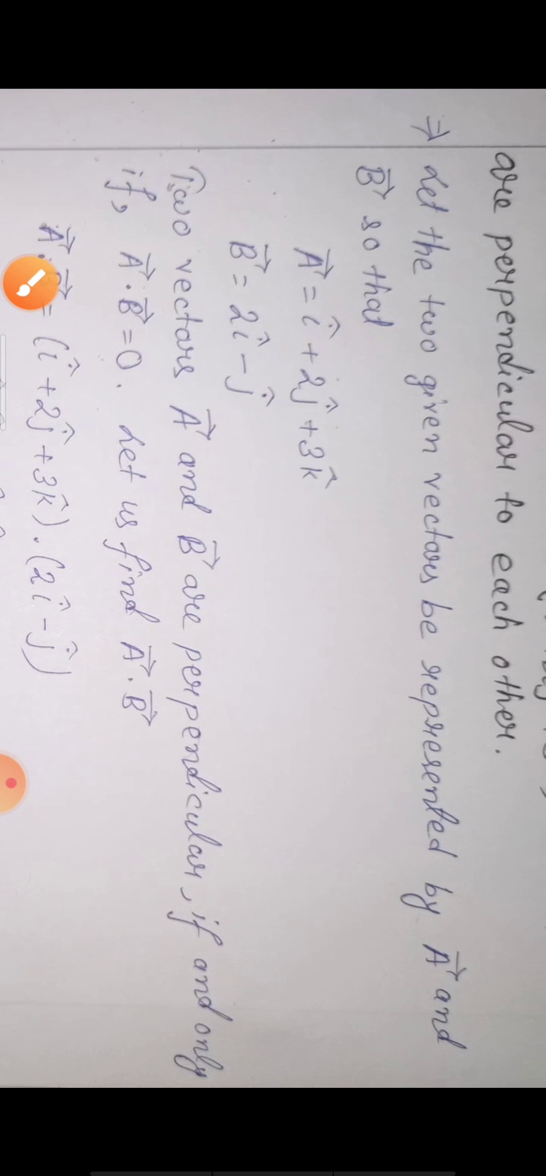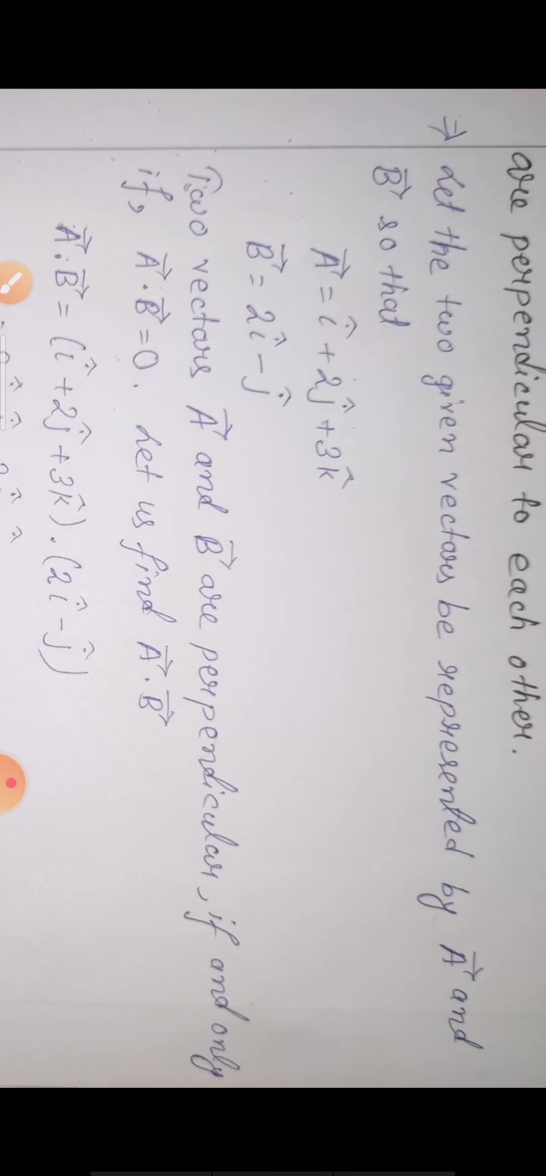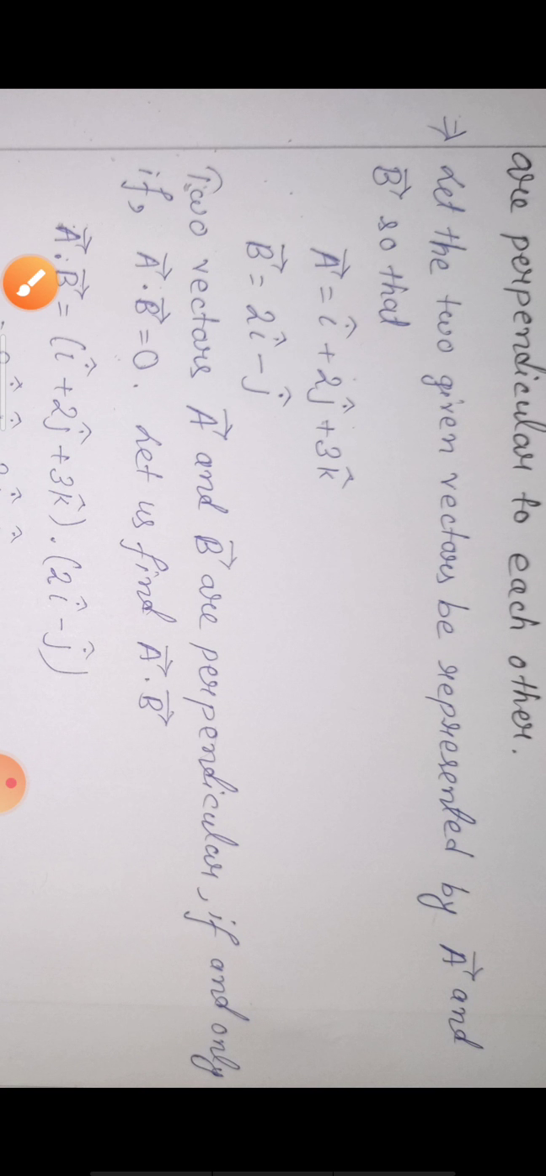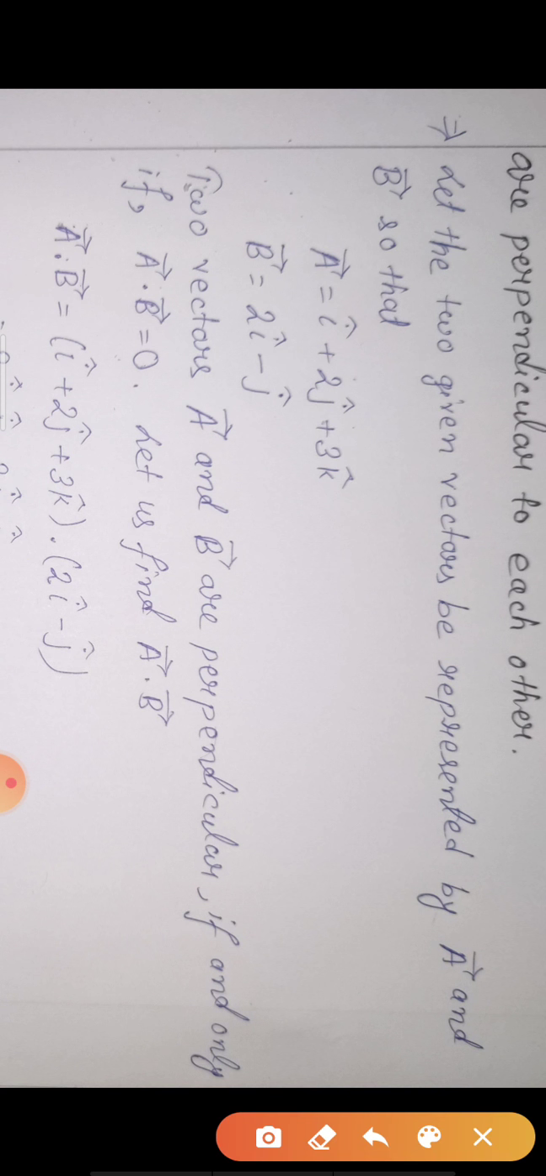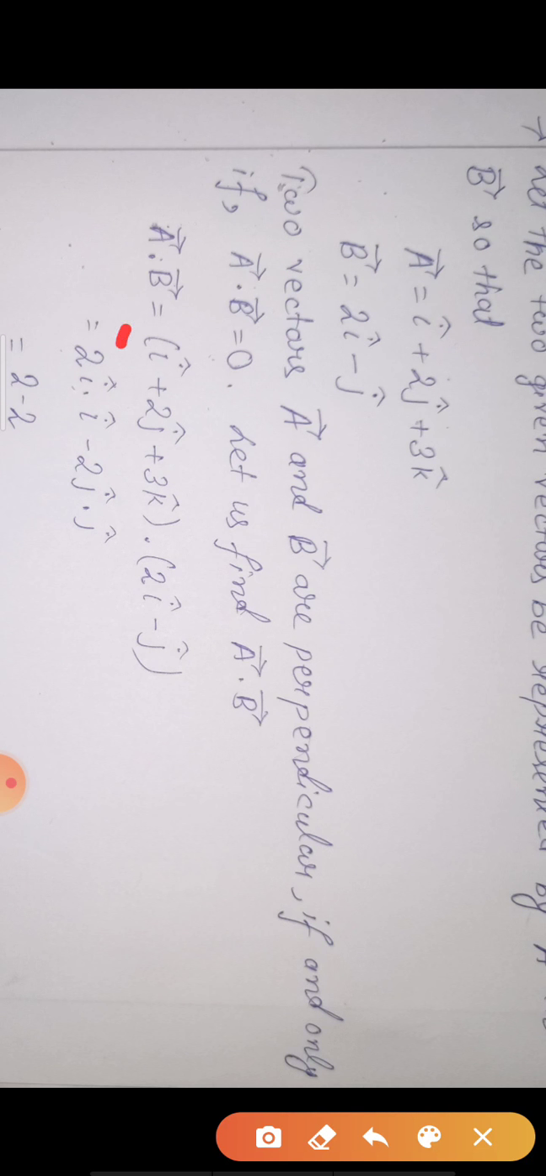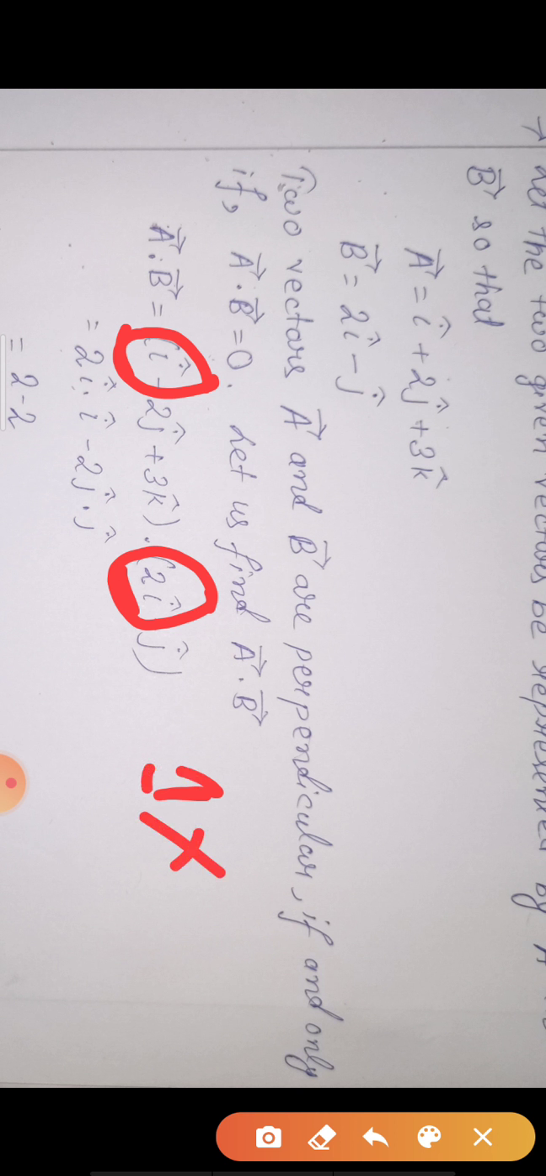So A dot B is equal to, just putting the values, i hat plus 2j hat plus 3k hat dot 2i hat minus j hat. Now you just have to multiply: i hat terms with i hat terms, j hat terms with j hat terms, and k hat terms with k hat terms. Now i hat into i hat: with i there is 1, and here with i you have 2, so 1 into 2, plus,